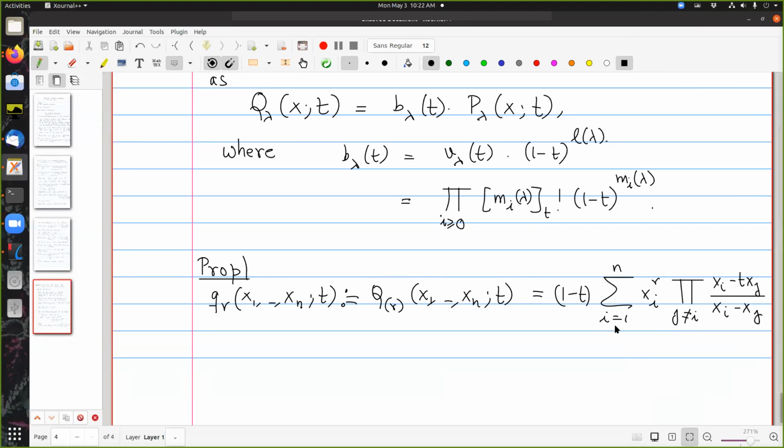Arvind, yes, this is Raghavan here. I am not comfortable when you change i bigger than or equal to 1 to i bigger than 0, because there is 1 minus t to the power m_i of lambda. So something changes. Maybe your definition of L lambda changes. You cannot have both. Yeah, that's true. Because I'm using infinitely many variables, maybe, as I said, I prefer to stick to one.